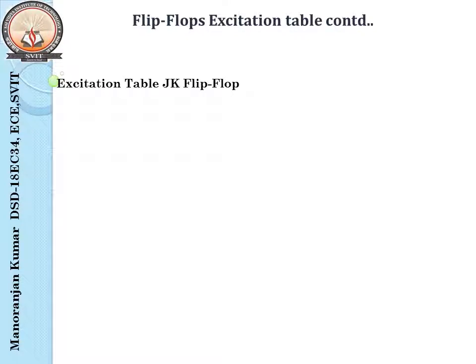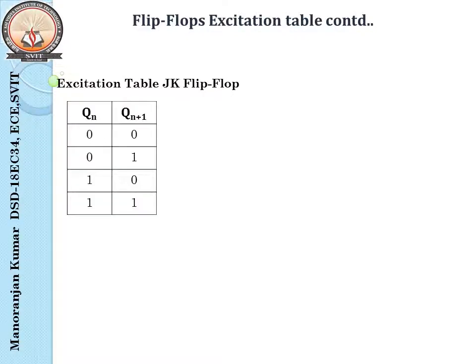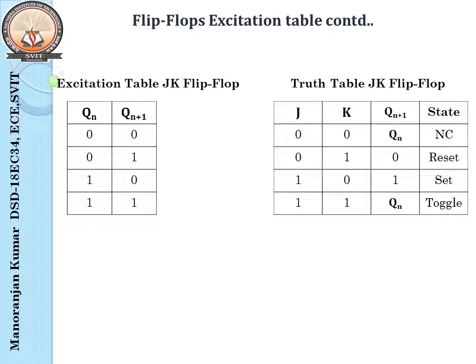Another flip-flop we have is the JK flip-flop. So most of the things remain the same. Only one thing changes in this case. When both the values J and K are 1 1, my output will toggle in case of JK flip-flop. That means it is Qn bar. When Qn is 0, the toggled value will be 1. When it is 1, it should toggle to 0, something like that. Okay, so these are the changes we have.